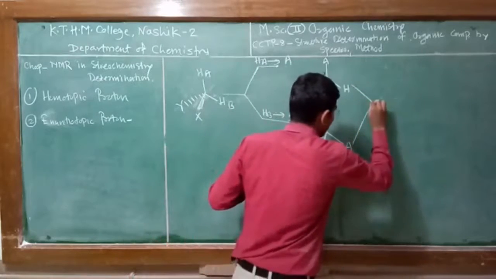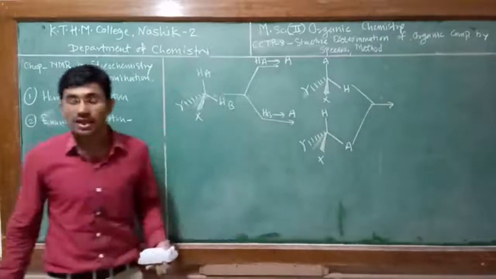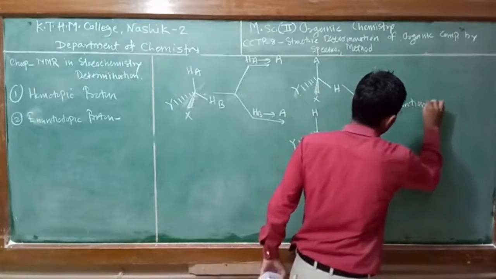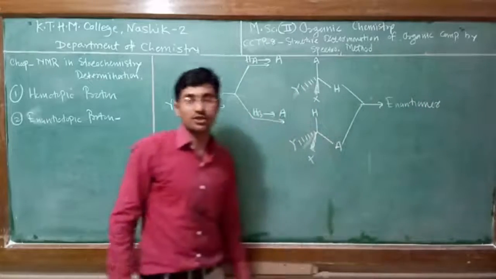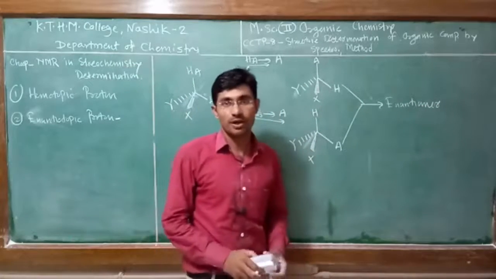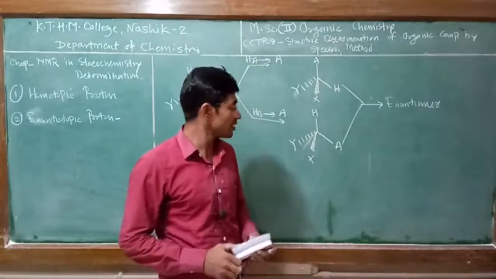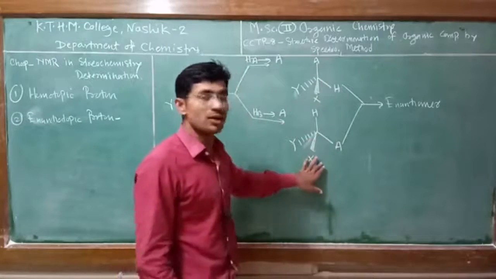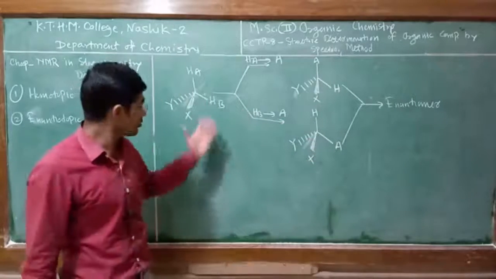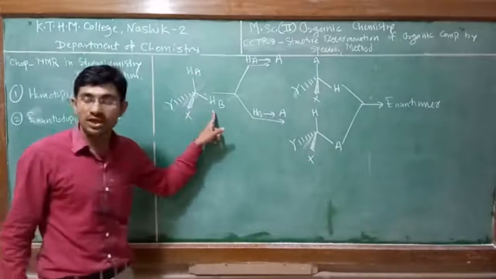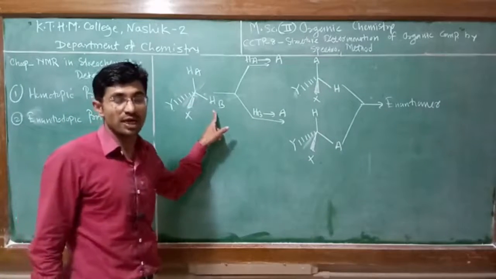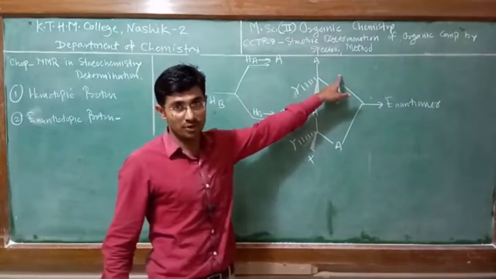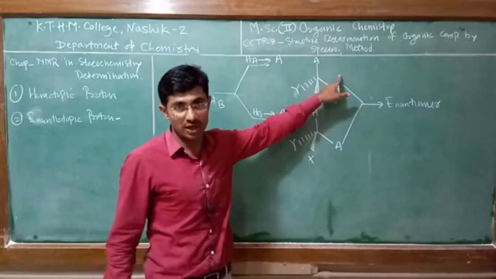These two molecules, if you observe, are enantiomers of each other. I think you know very well what an enantiomer is. Enantiomers are non-superimposable mirror images of each other. So if you observe from the first compound, the geminal protons are firstly equivalent, but after replacement they give different compounds. Meaning after replacement they are non-equivalent, we say here.